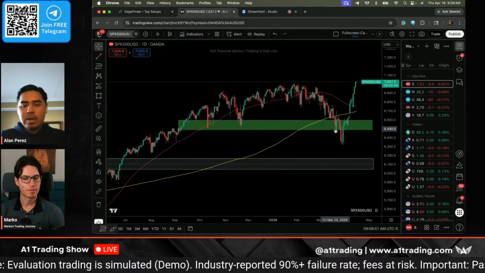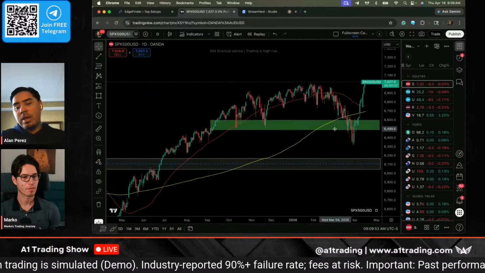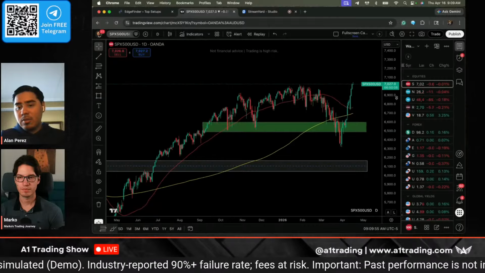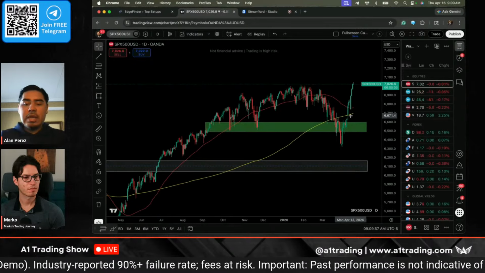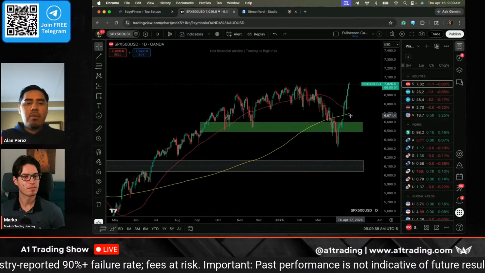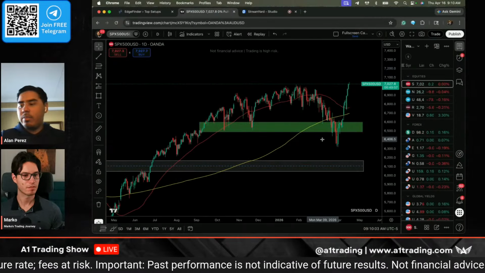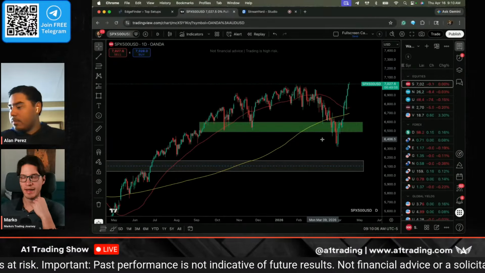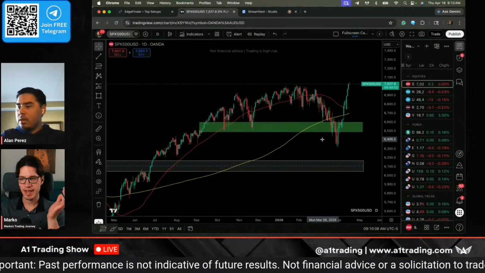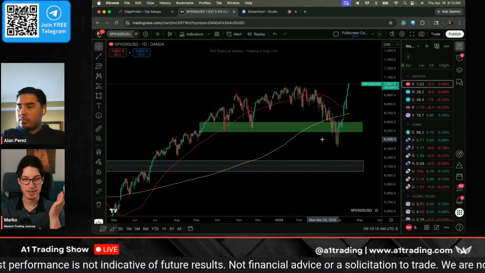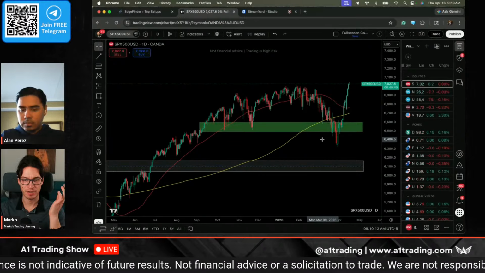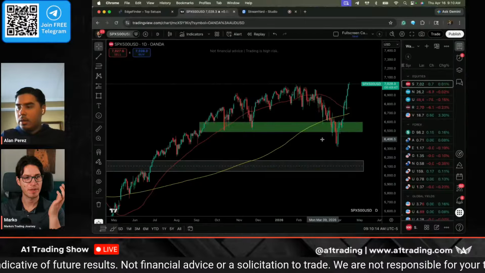I think there's a pullback to be made. I just don't know when. The pullback could be at 7,000 or it can be at 7,200. Who knows? But I think nonetheless, waiting for that kind of bounce recovery situation would be the better approach. I have noticed that the recoveries after a crisis are getting quicker and quicker. So if I go to the S&P,